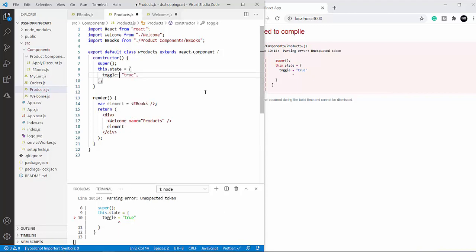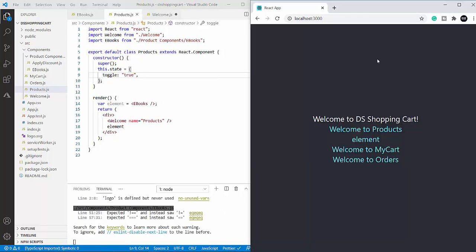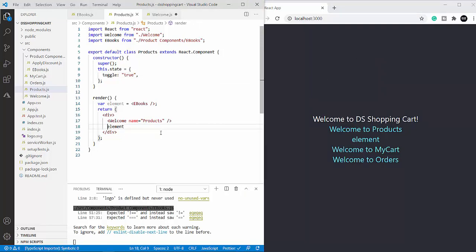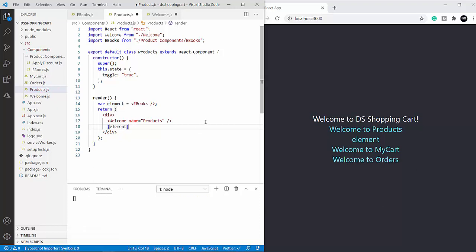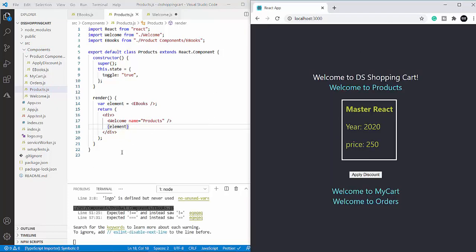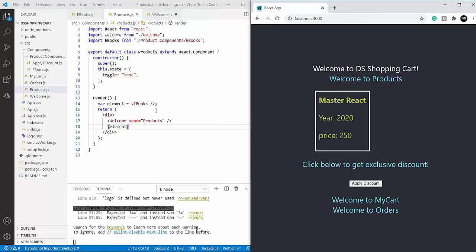No, I forgot to add the curly braces, which is a must over here. Now I'm able to display the element, the component.